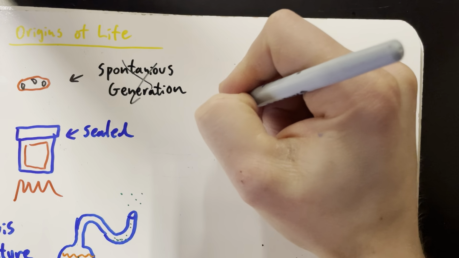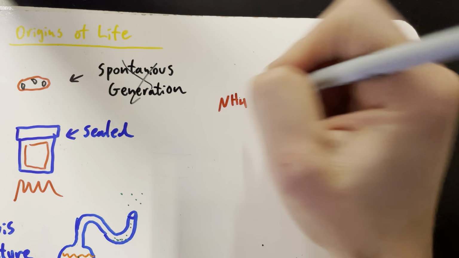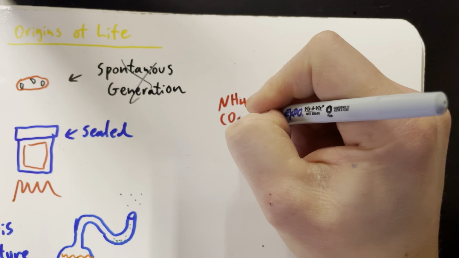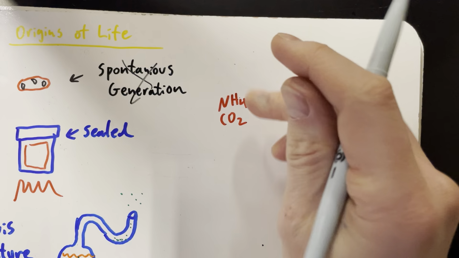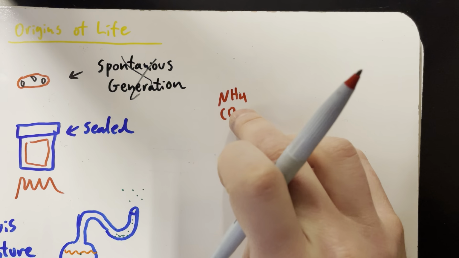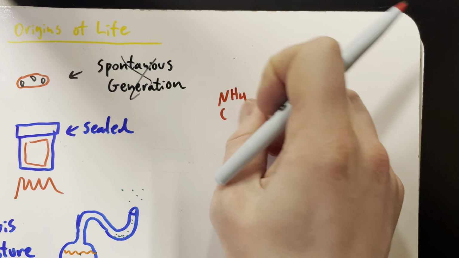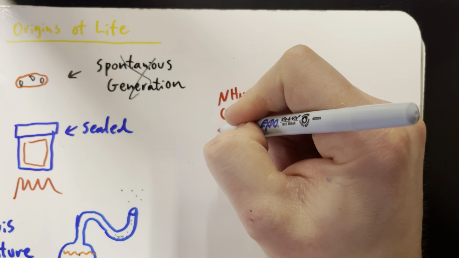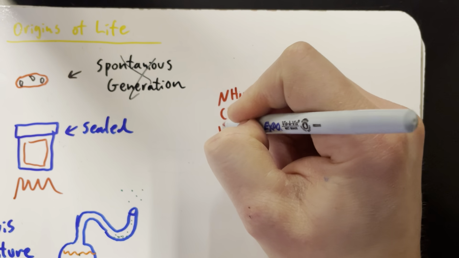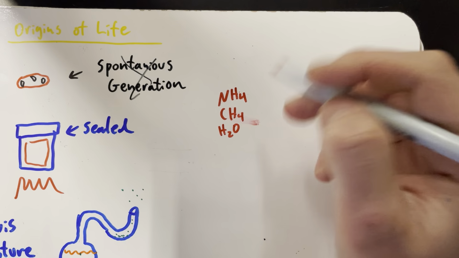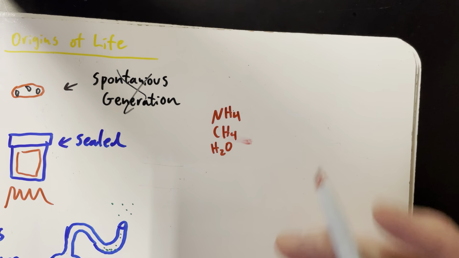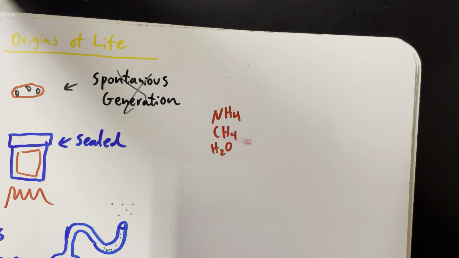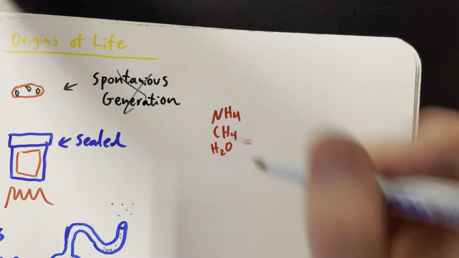So things like ammonia, NH4, things like carbon dioxide, or methane would actually be more appropriate. I'll change that to methane, CH4. Water is on other planets, H2O. Even Mars has water, it's just not liquid, right? And so these guys, Miller and Urey,